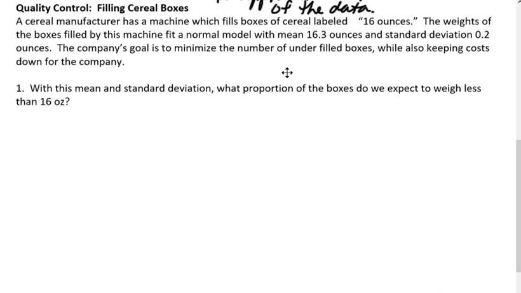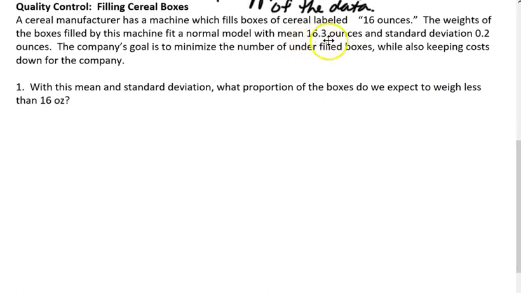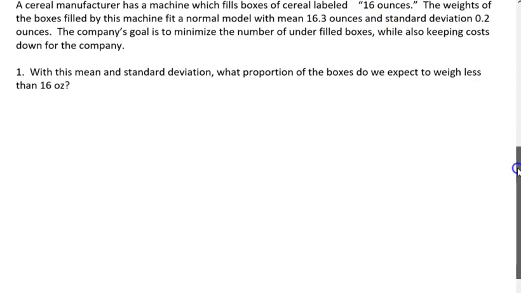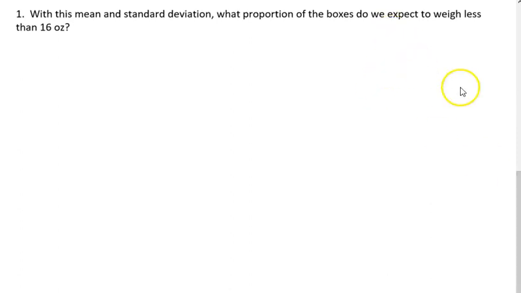The company's goal is to minimize the number of underfilled boxes while also keeping costs down for the company. So what the company does is it sets the mean fill weight a little bit higher than 16 ounces so that the majority of the boxes will be at least 16 ounces in weight. So it says, with this mean and standard deviation, what proportion of the boxes do we expect to weigh less than 16 ounces? So I have a normal model here with mean of 16.3, standard deviation of 0.2, and this is the weight